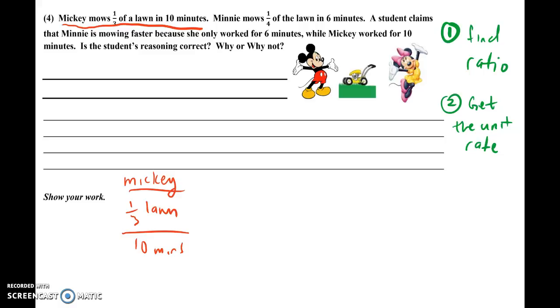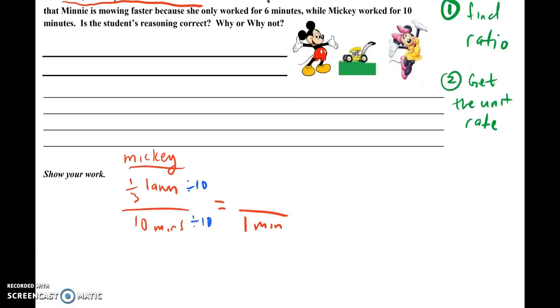To find the unit rate, you have to divide the top and bottom by the bottom number. So divide by 10, divide by 10. And that's going to equal, well, on the bottom we're going to have 10 minutes divided by 10 minutes. So that's 1 minute under. And the top part,